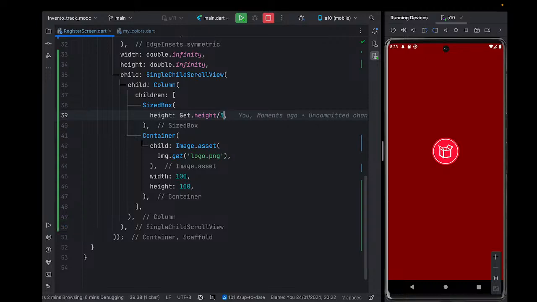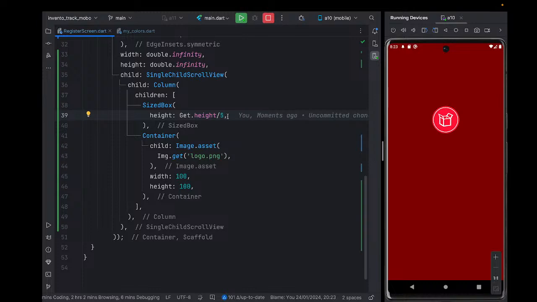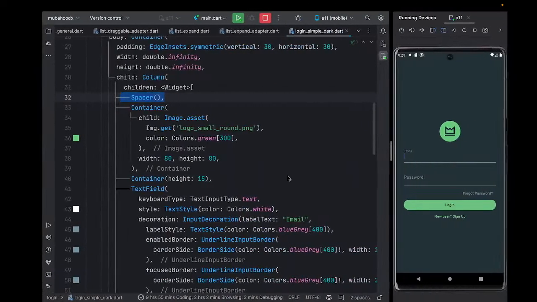Or I can say maybe divide by 4. Yeah, maybe by 5. So it will put it there. So if someone has a smaller screen, it will go ahead and do what? And make the screen scrollable. Okay. So let me put maybe 6 so it can be on top there. All right. So after doing that, the next thing I'm going to go ahead and collect someone's and put these